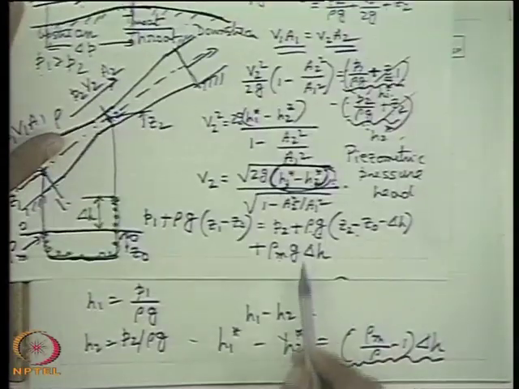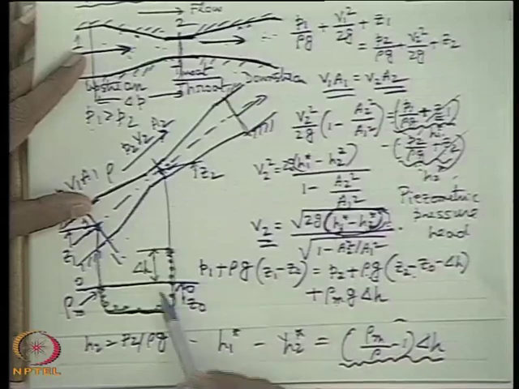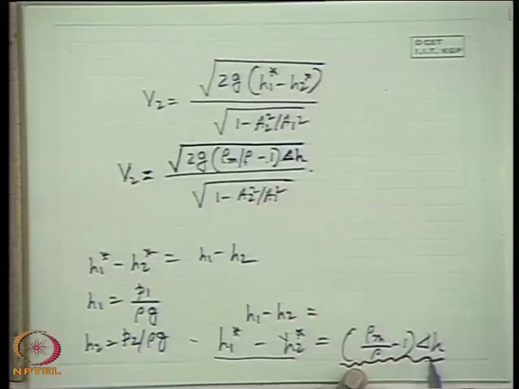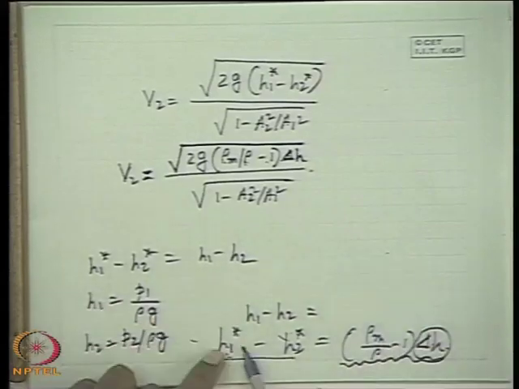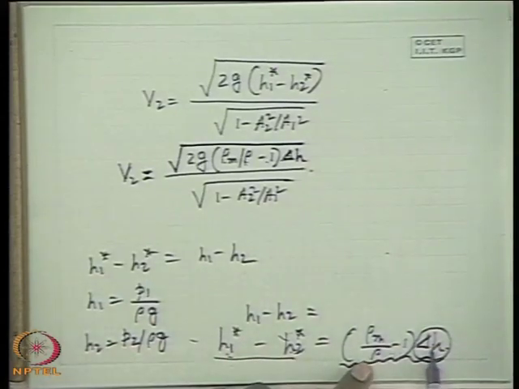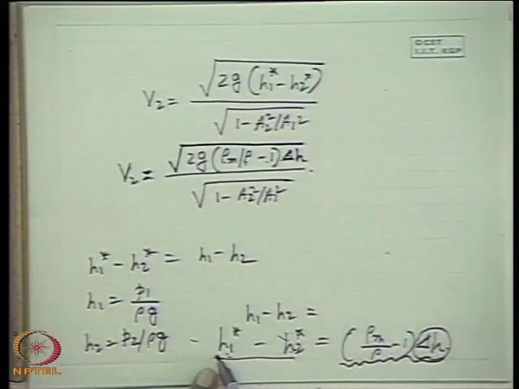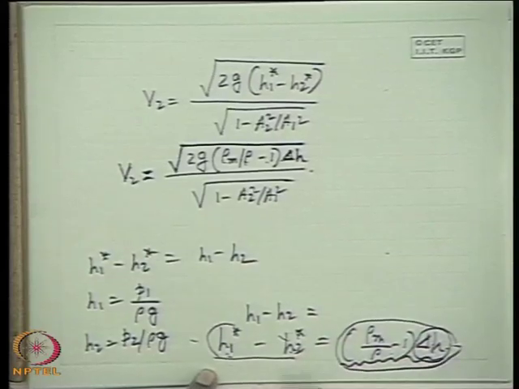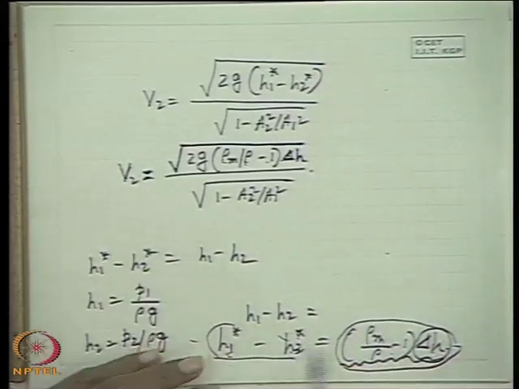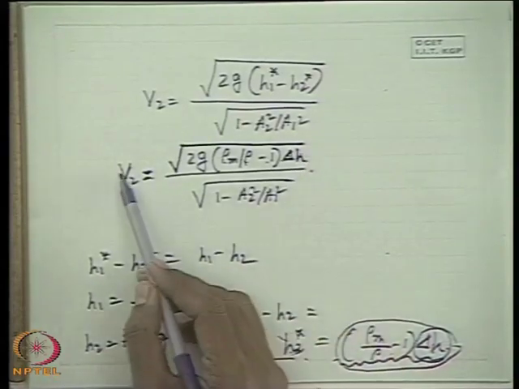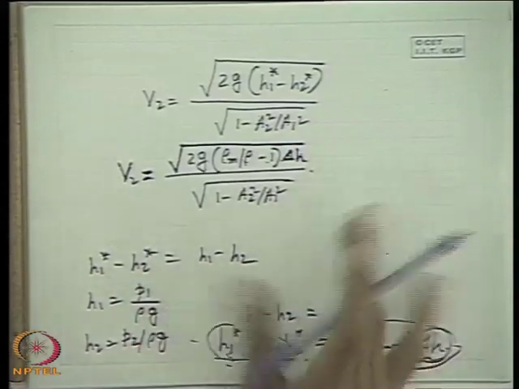But if you straightforwardly write the V2 formula in terms of the deflection of the mercury, then it is immaterial, because the manometric equation which we discussed earlier is such that if it is written in terms of the deflection of the manometric fluid, then this equation represents the difference of piezometric pressure between the 2 points between which the manometer ends are connected. So whether they are in the horizontal plane or displaced vertically, it doesn't matter. Ultimately this value gives the difference in the piezometric pressure, that means the difference in static pressure plus the equivalent pressure due to the elevation head. So it is immaterial whether the venturimeter, the pipeline, is horizontal or not, if you use this equation.